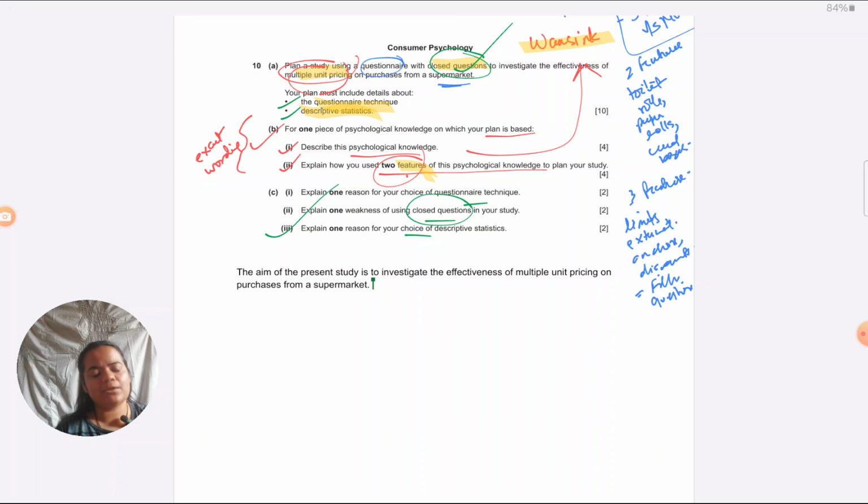So in consumer psychology, you can think of participants in these terms before writing exactly what features your sample is going to have. So I'll say the participants will be both males and females. Again, you want to write future tense, present tense, it's up to you. I will strongly recommend don't write in past tense because no actual study has been done. So the participants will be both males and females.